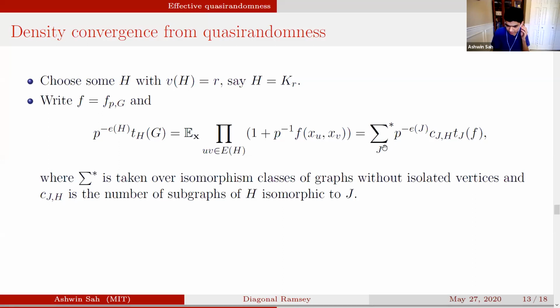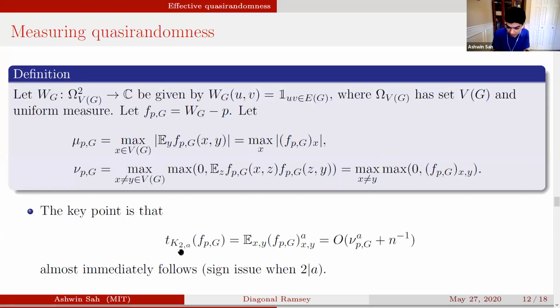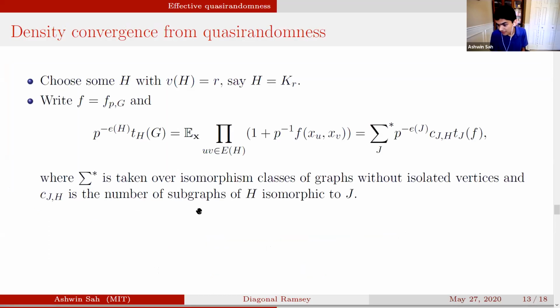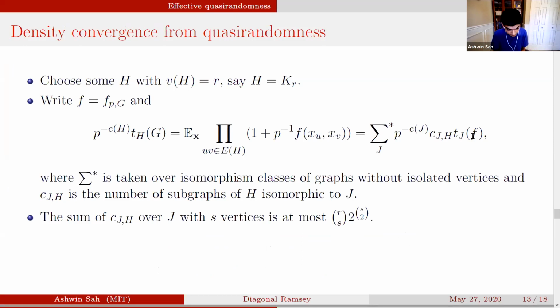And maybe I'll backtrack just a little bit. Remember that we already have some control. If we assume that we have a quasi-randomness bound, say we know nu in our Ramsey graph, some control already. We know that the K_2 to A cliques are bounded. So in this case, we would understand this term when J is between 2 and A vertices. Okay, the question is how do you use this in general? And just a thing worth noting is that if we only look at graphs J on exactly s vertices, there are at most R choose s times 2 to the s choose 2 total terms involved, basically.